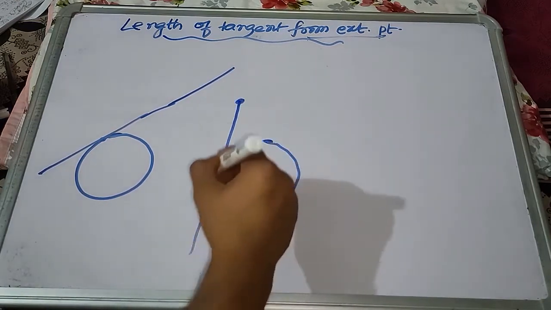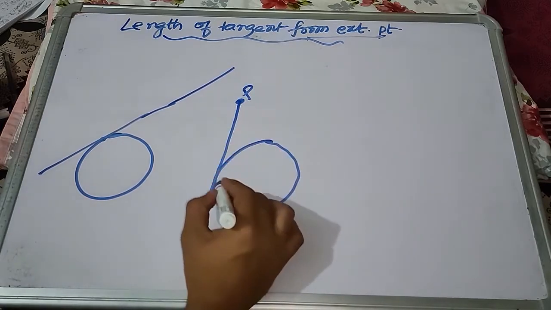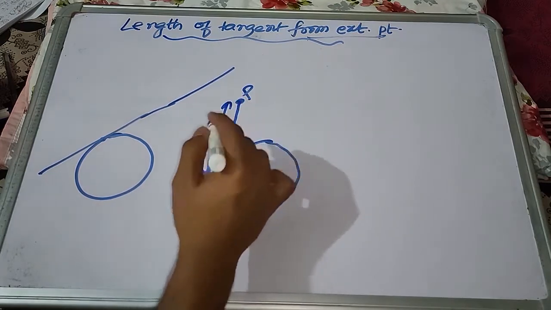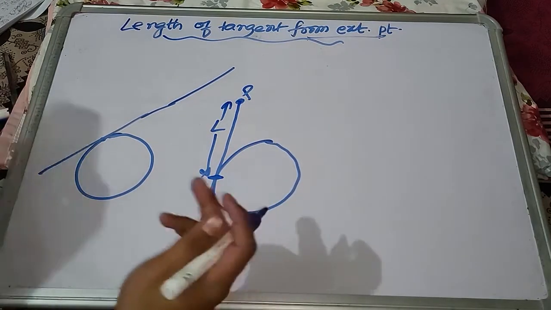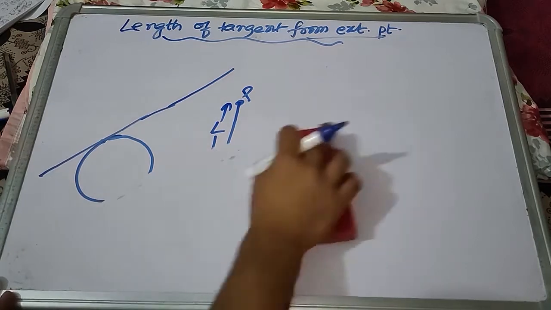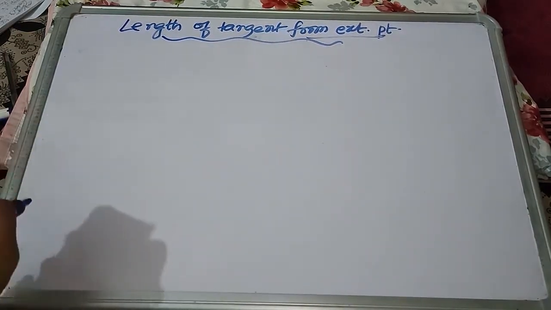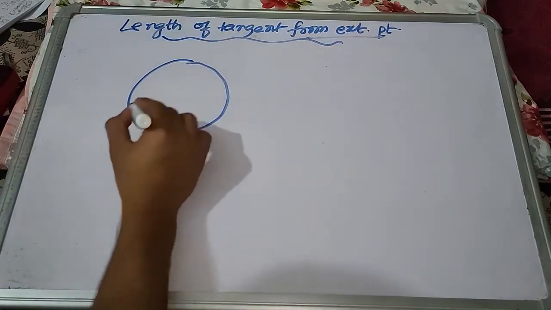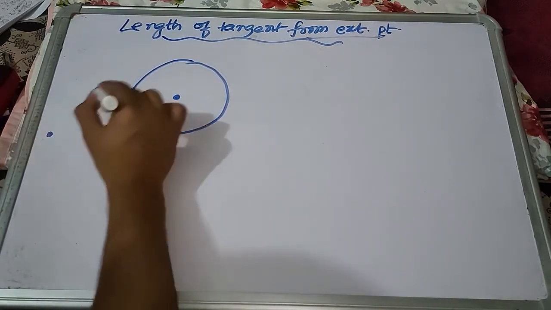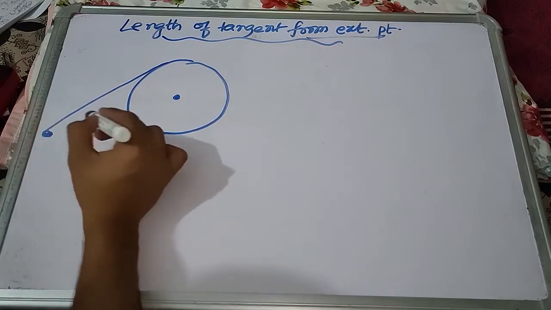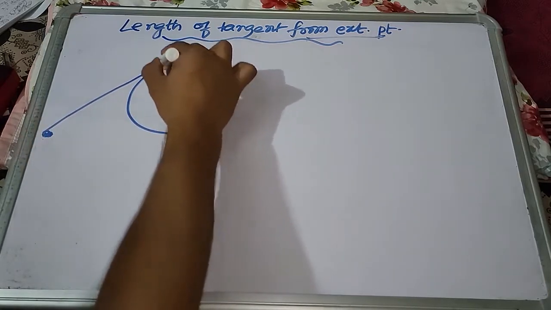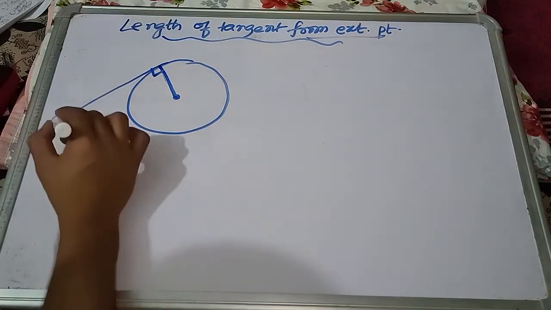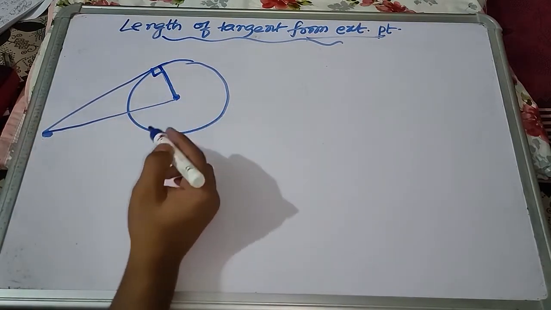Suppose this is the point given to you and this is the tangent you draw. Here is the point of contact, so this is your length. This can be framed into a question: find the length of the tangent from a given external point. Now let us look at the simple concept of how to do it. You have this figure. You are given an external point, so you draw one tangent. From the center you drop one perpendicular onto it. Also you connect the center to the external point.